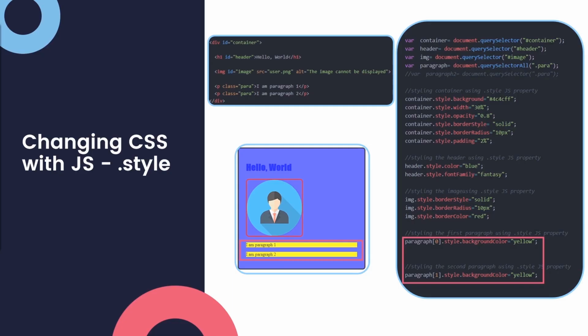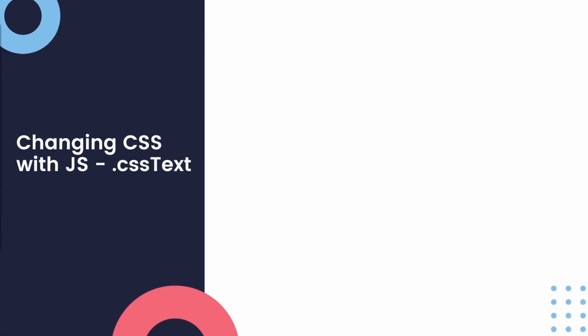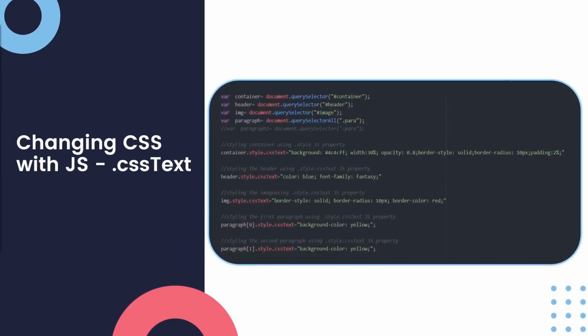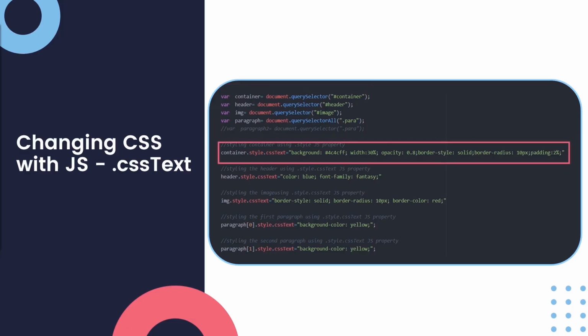There's an easy way to do this with the CSS text property. Now with the CSS text property, we can achieve the exact same thing. Consider our previous output: we've got our JavaScript code where we created our variables and assigned our container, our header, our image, and paragraph. You'll notice here though that the difference is that apart from this block of code that's exactly the same as the previous one, we've got this thing called